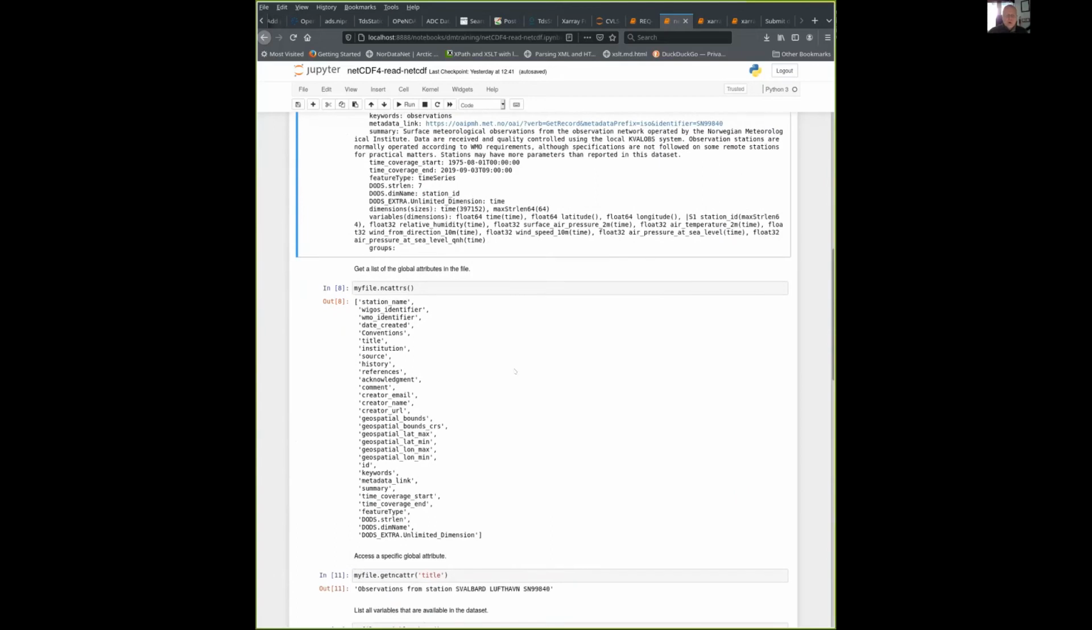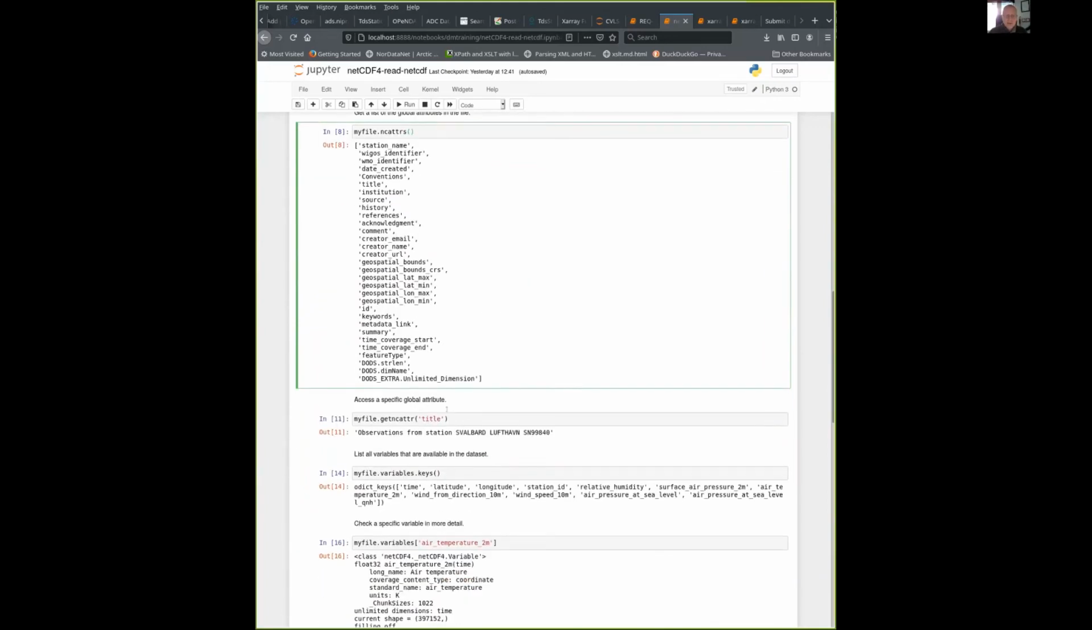I would like to know what are the global attributes in the file. Then I just use NC_attrs. So I get a listing of all the attributes of the file, which is in a list down below. If I need to access one specific attribute, I just get the name of that attribute. So I get it from here. I find title there, I put it in there, and then I get the output of that global attribute from